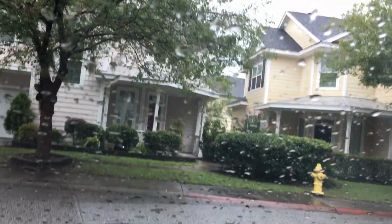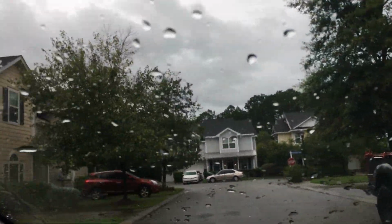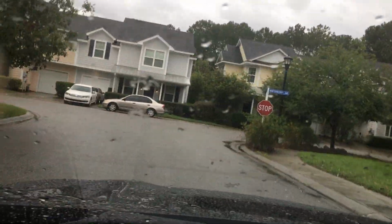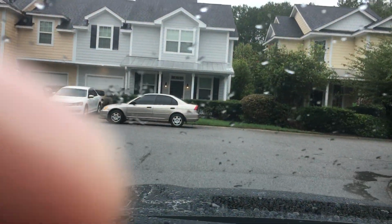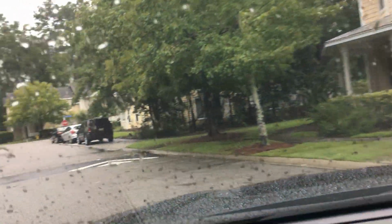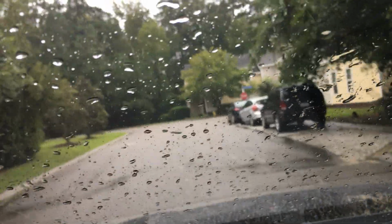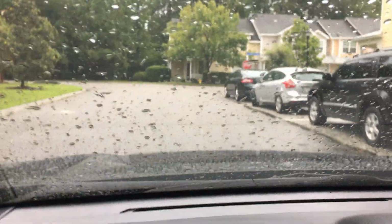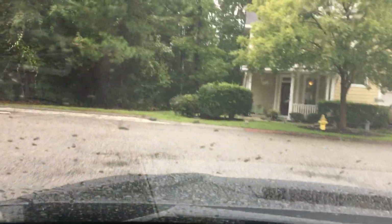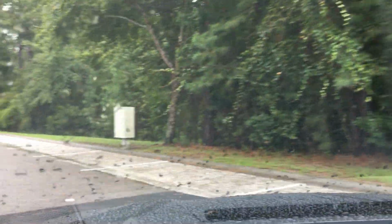Okay, I thought I would give a little driving tour of the storm-racked South Carolina area that I live, to let you see the amazing, horrifying damage that has been wrought on my poor defenseless community by this storm of the century. It's absolutely blood-curdling what has happened. And as I would like to state, right up front here, I'm paying no attention to